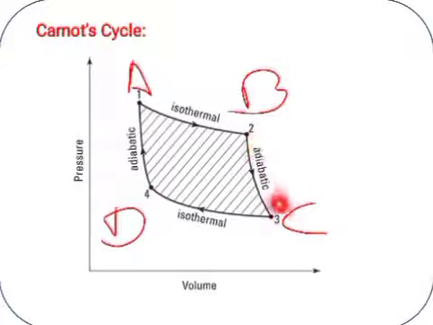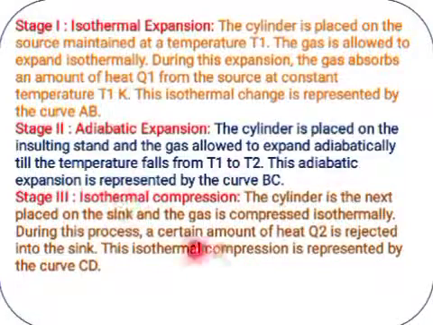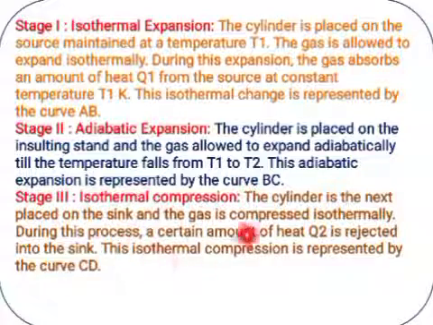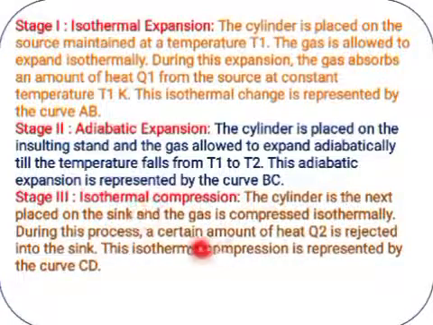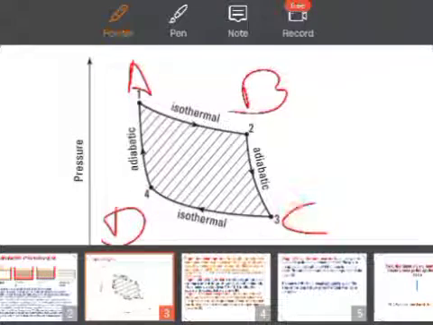So, after this adiabatic expansion, when the temperature is reduced, or after the work done, whatever the heat is rejected, that is collected in the sink. The amount of heat, how much is it? It is Q2, which is rejected from the working substance, and it is collected in the sink. So, this is isothermal compression and this curve is nothing but CD.